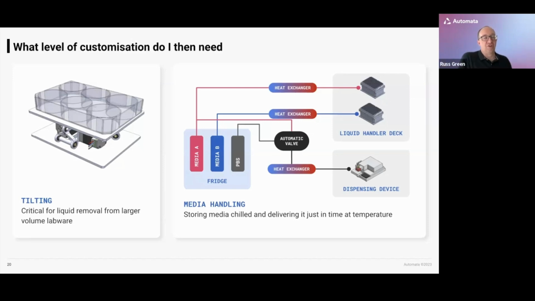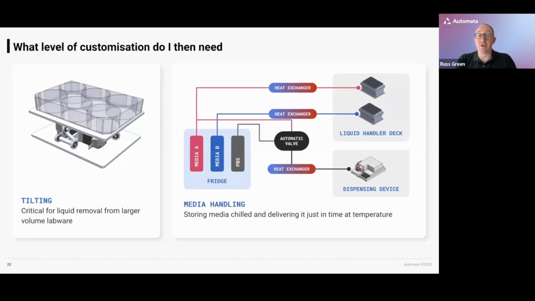Now, this is something where there are some commercially available tools for doing this, and often they're part of the larger liquid handler that we might integrate into a more holistic system. So this is a reasonably solved problem, but it is something we have to consider, and certainly as a slightly more bespoke piece of equipment that needs to be incorporated.